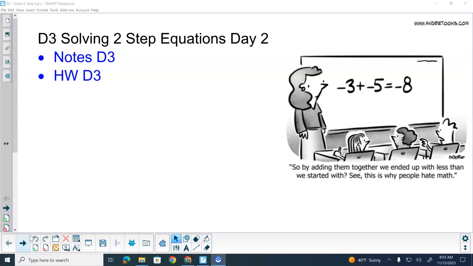3 of the algebra. I almost said algebra 3, but that's next year. Okay? So today, we're going to solve two-step equations again, which means we've got 2 mathematical operations to do. We'll talk about which one we have to do first, which one we have to do second, all that good